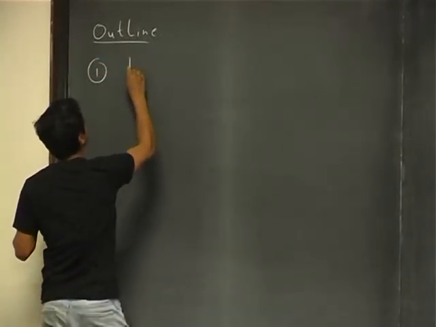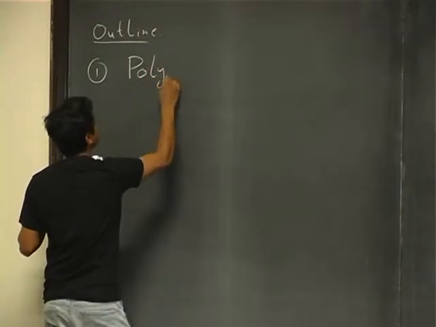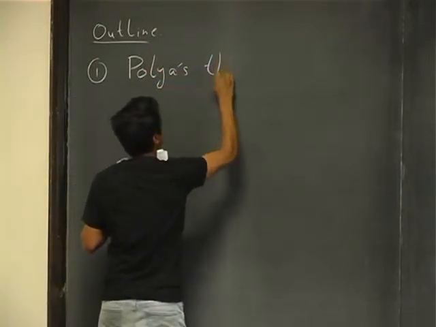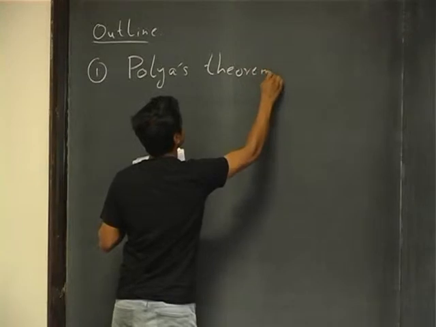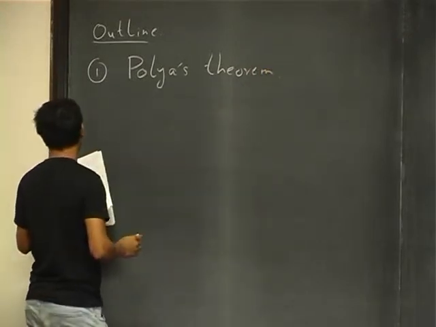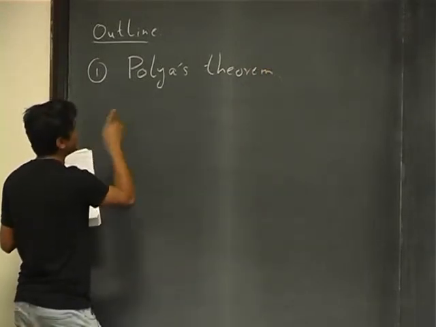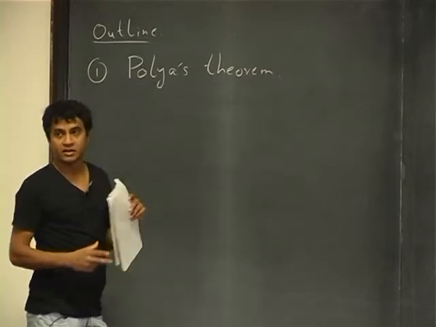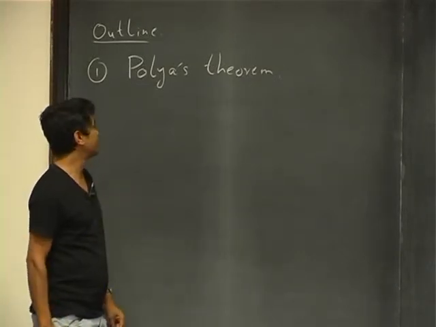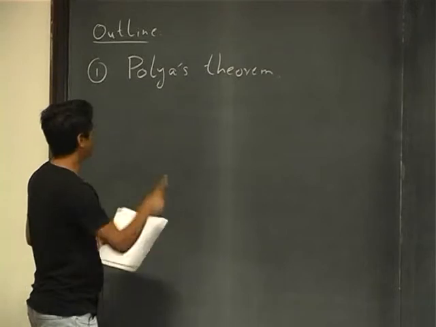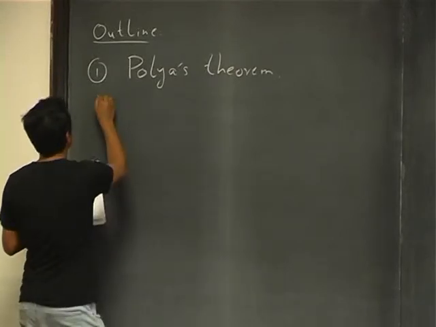is something called Polya's theorem. Okay, so this is a famous theorem related to random walks. So I'll tell you what it's about. And the other thing that